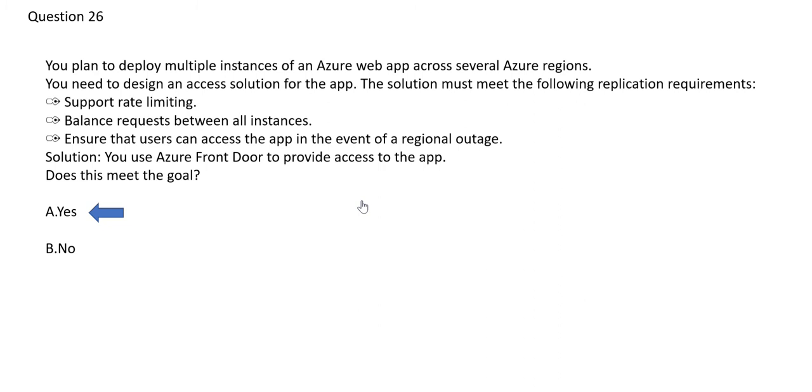If you have 100, it will divide by 5 and send so that every VM is utilized properly. So it will balance it. It will never utilize 90% of the first VM and just 10% of the rest of the VMs. It will try to balance it out so that all of the VMs are utilized in a consistent manner.